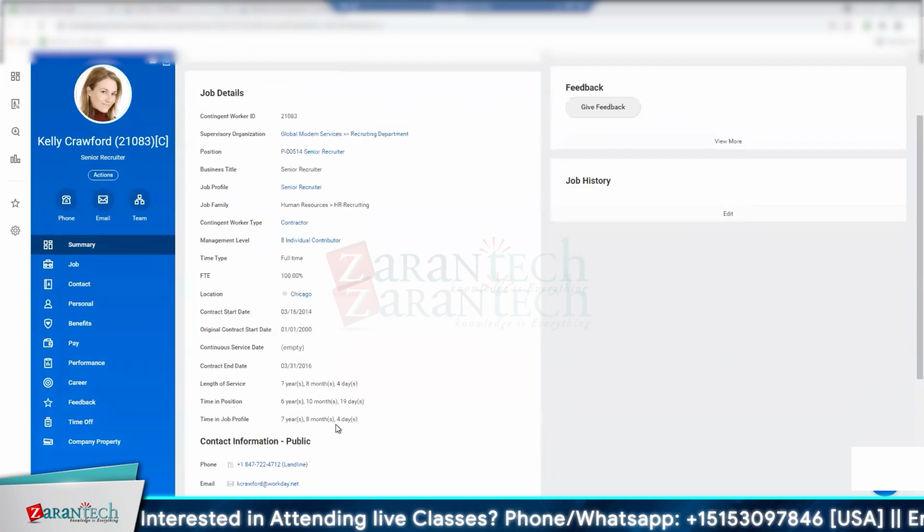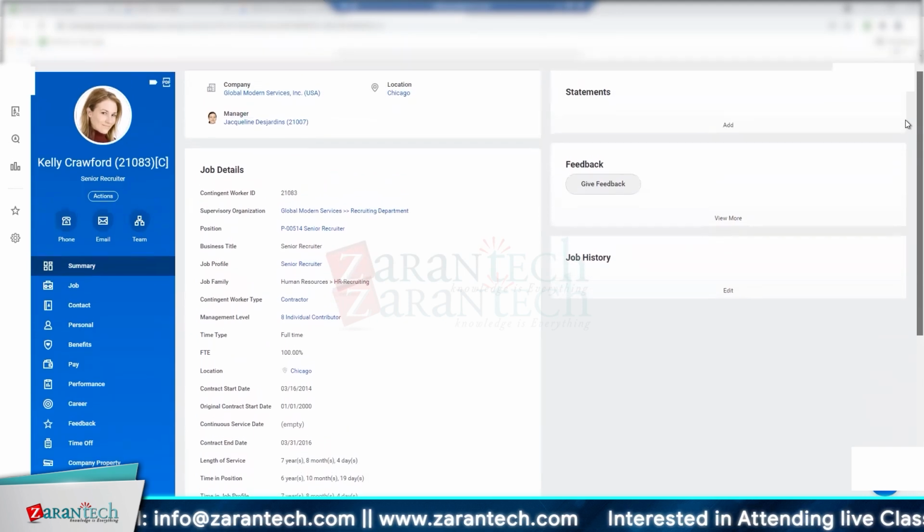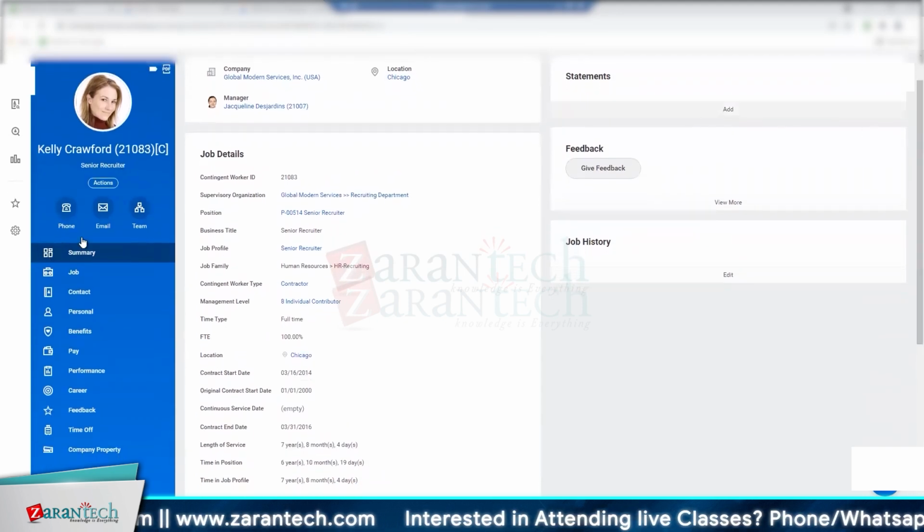There are other things: contract start date, contract end date, and then contingent worker ID. For me, it's always been these specific variables. The C is always going to be visible, but at the record type,